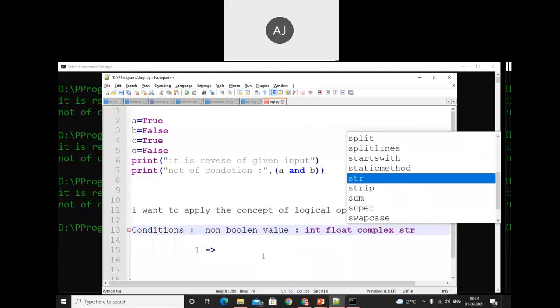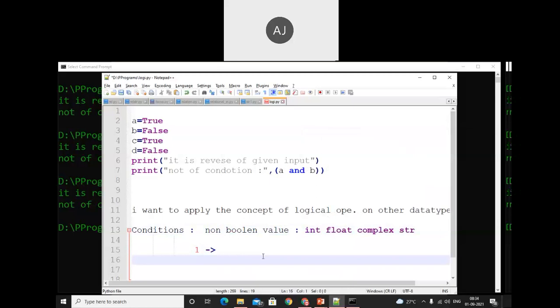We have these non-boolean values. Among them, when we use a logical operator on int, float, and string, 0 is nothing but false. We need to understand this.